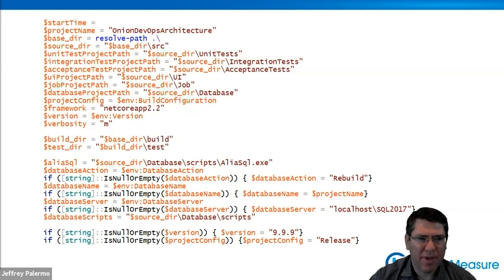Also, you see where we have searching for environment variables. This is just a little flexibility that's often useful if your teammates have different named instances of SQL Server. And also this is leveraged by the continuous integration build, which wraps this and calls this script. And so we'll go into some of that next week.